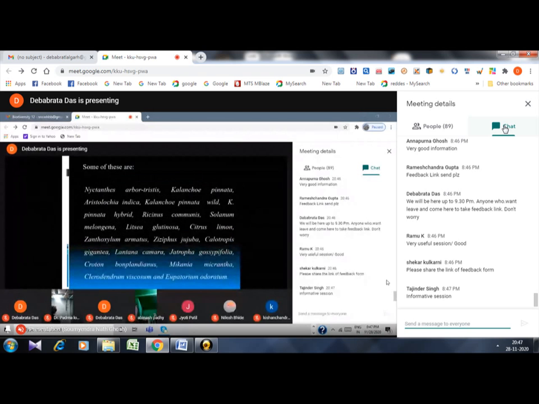So here are very common ones from our area that I have seen. You can see Citrus limon, that means the lime plant. You can see the lime butterfly there, the common mormon, and the lime blue. There are many different kinds of butterflies. Then you can also go to Calotropis gigantea. Calotropis gigantea also hosts many butterflies such as the plain tiger, common crow, striped tiger, and many others.